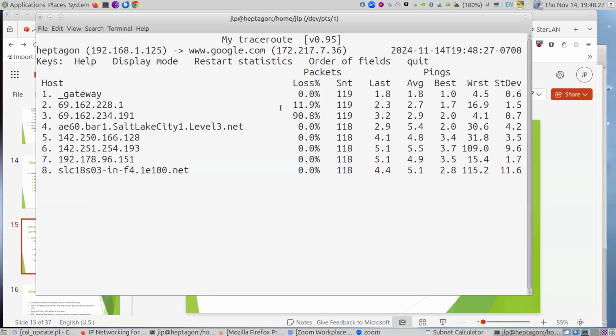And so you can see over here how many packets are lost as I'm sending them through. Some of them don't come back, and it's not because there's a problem with them. It's probably because these machines are too busy to respond, or they just don't bother to respond to me for every packet. But you can see how many I've sent. And then this shows the ping time, or the number of milliseconds it took to get the response back. So the average response back from Google is 4.8 milliseconds because I'm hitting that local Salt Lake Google machine.